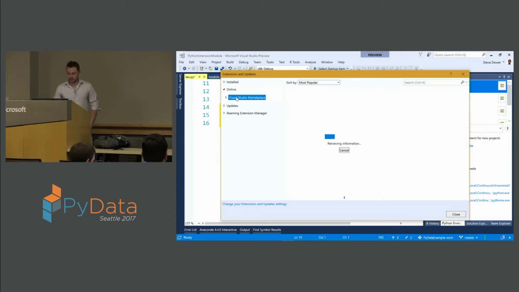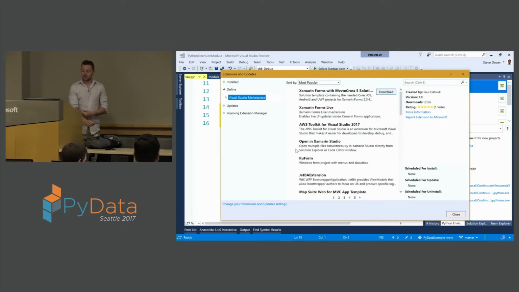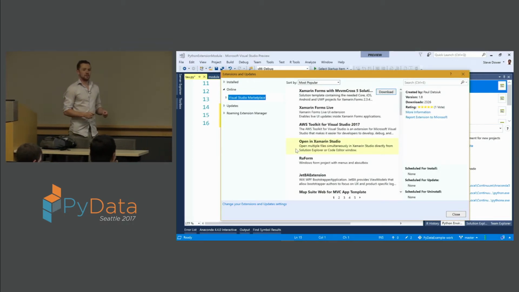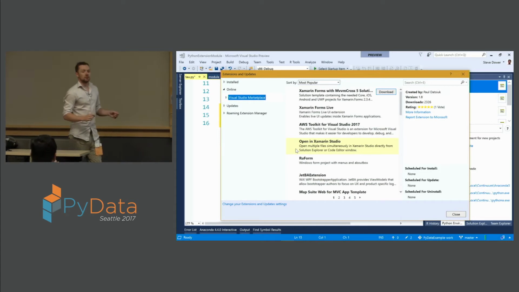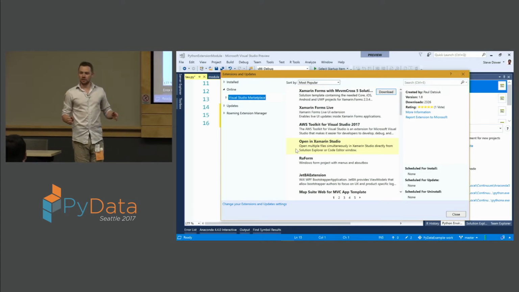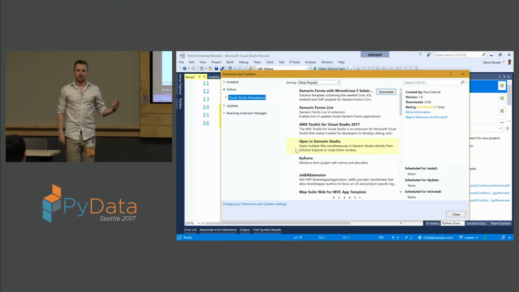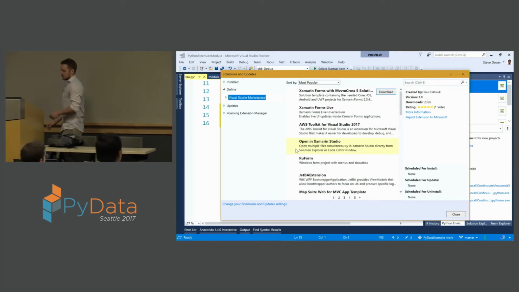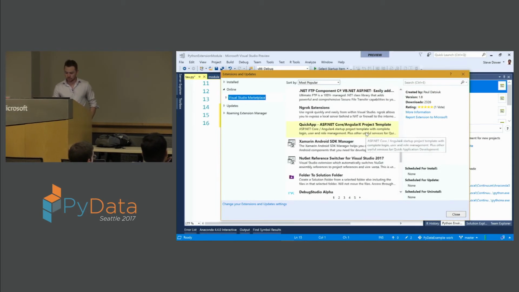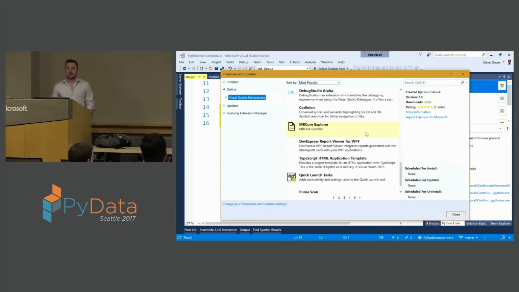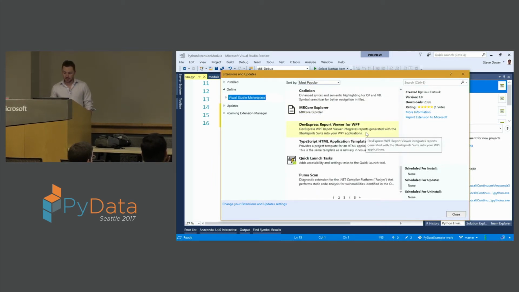We have here the Visual Studio Marketplace. This is full of the most popular extensions for Visual Studio, the majority of which are completely free, and you can just download and install them into Visual Studio very easily. These will do basically anything you can think of. The ones I really want to draw your attention to,